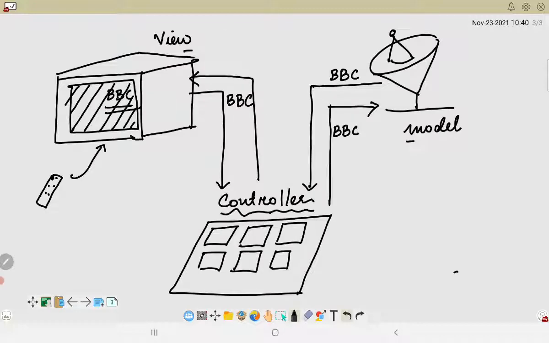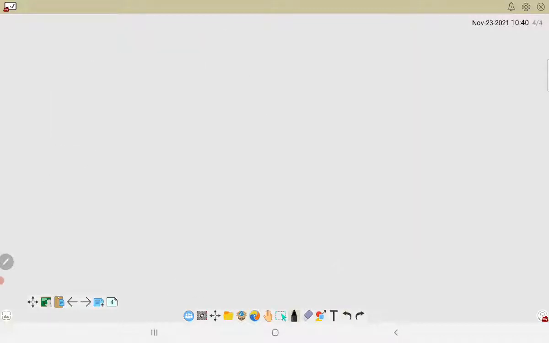Now if we look into the UML diagram of this MVC design pattern, UML is the unified modeling language. This you will do properly in your higher semester, but as of now let us understand that it is just an overall graphical representation of the working of a particular application. So if we are considering these three components, let us say model, then we have view, and then we have controller.